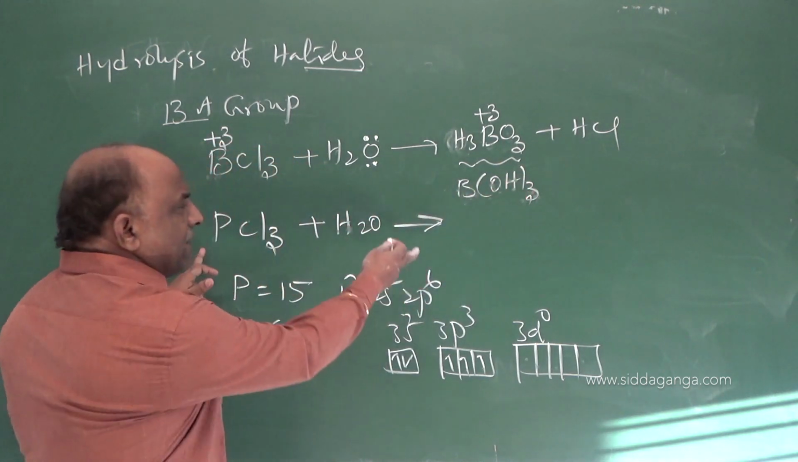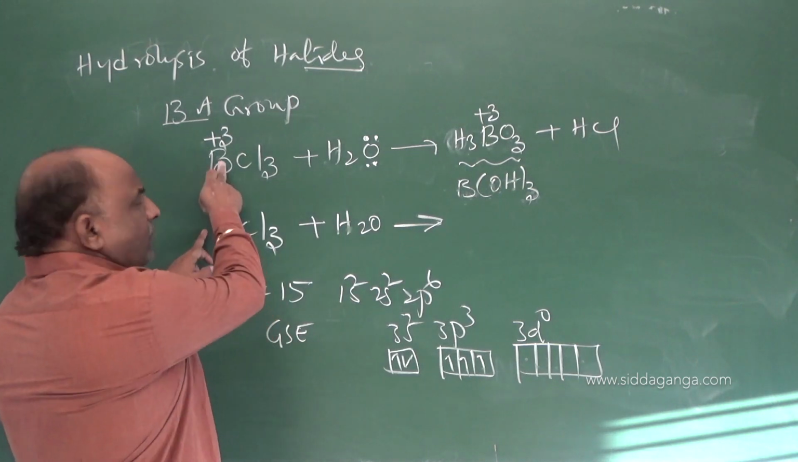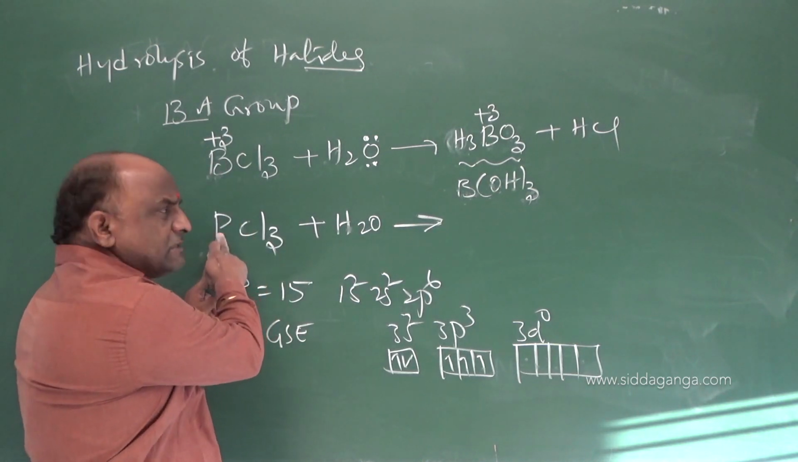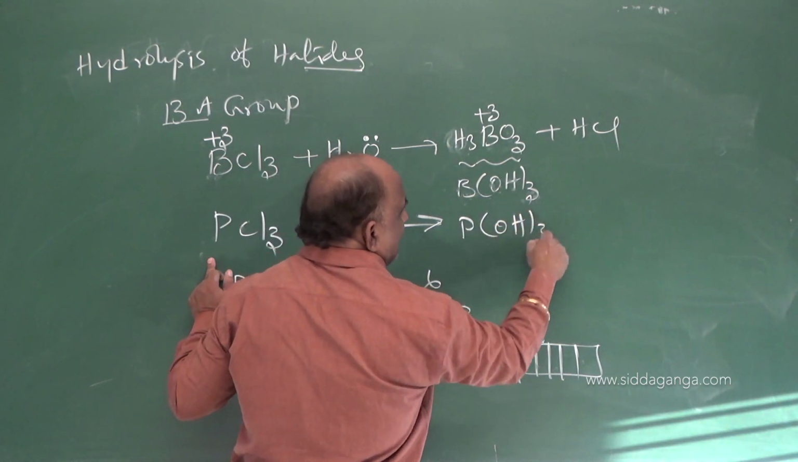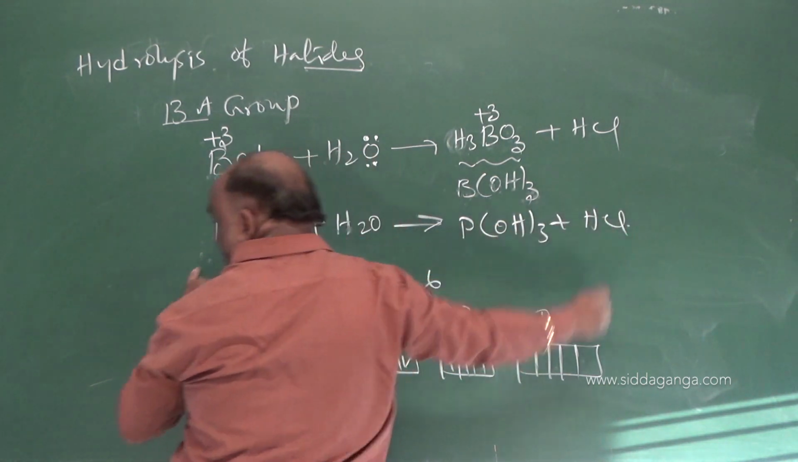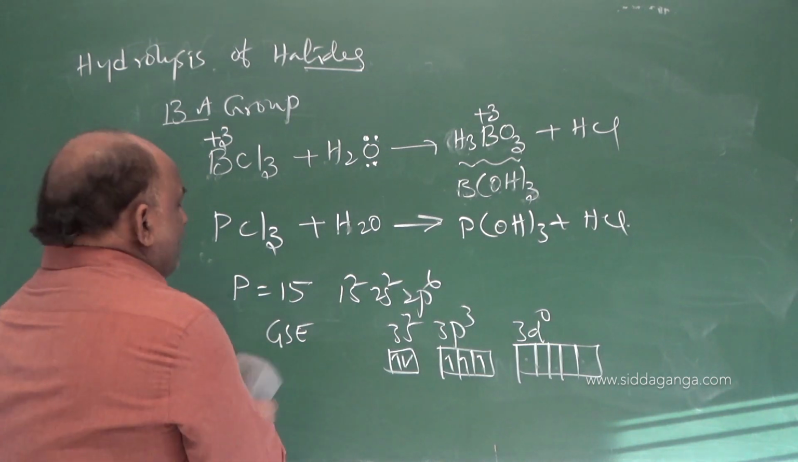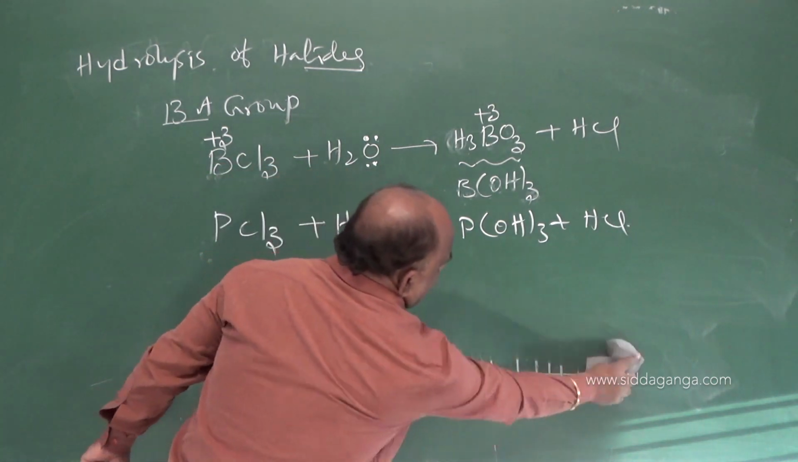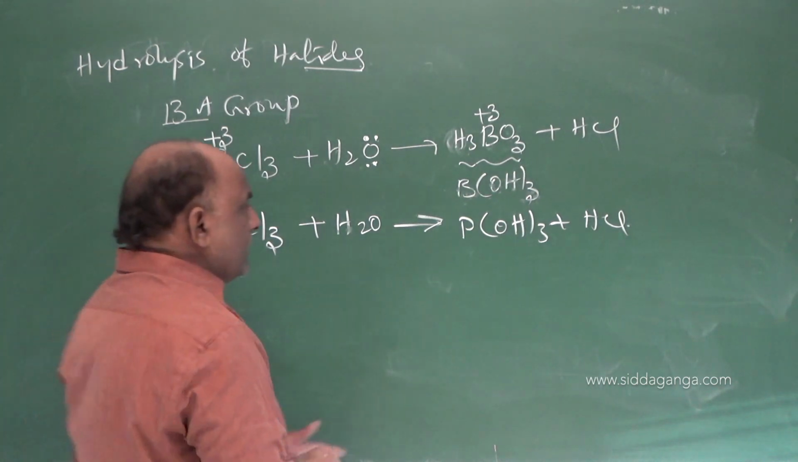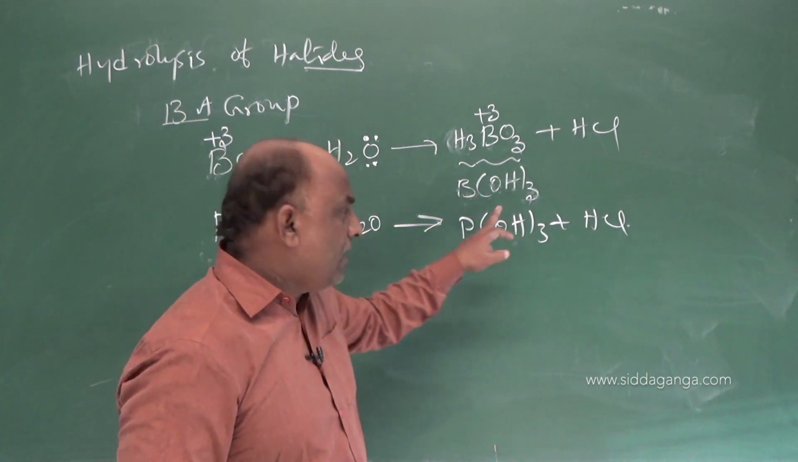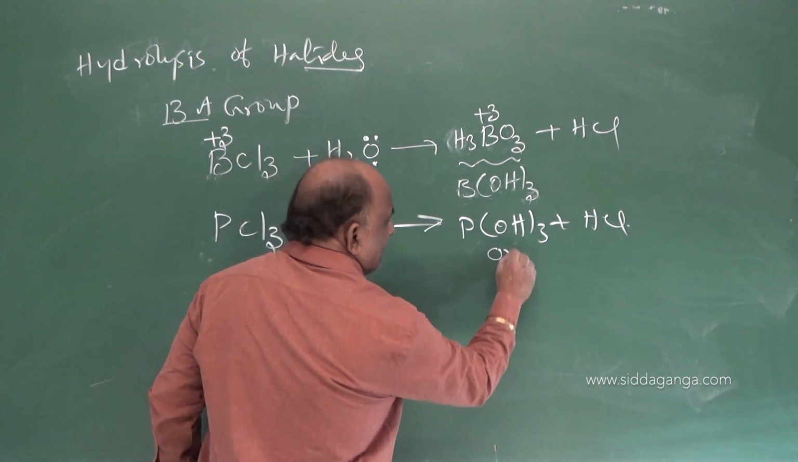Same, repeat the formula. Here instead of boron, the element is phosphorus. Then what will be the compound? P(OH)3 plus HCl. What is P(OH)3? P(OH)3 can be written as, don't get confused, it is not a base, this is an acid, so it is